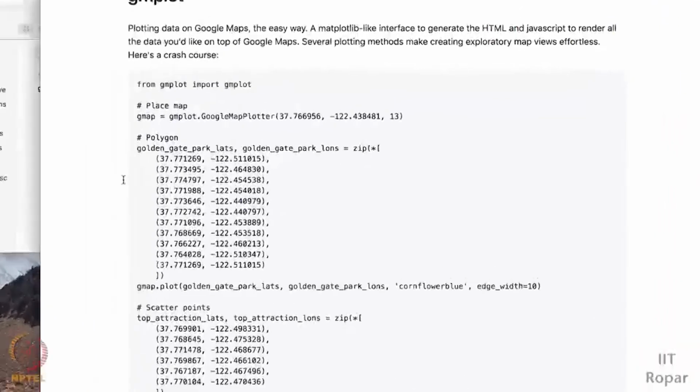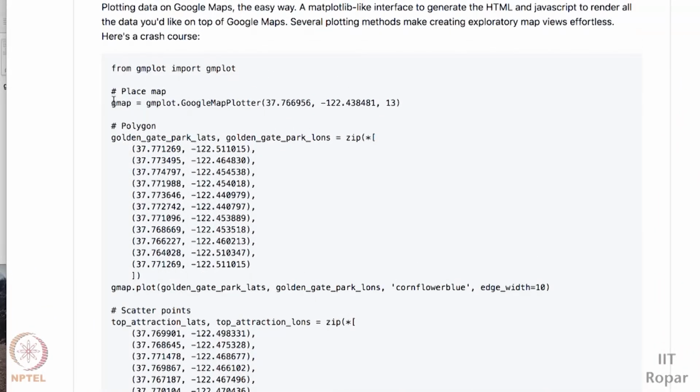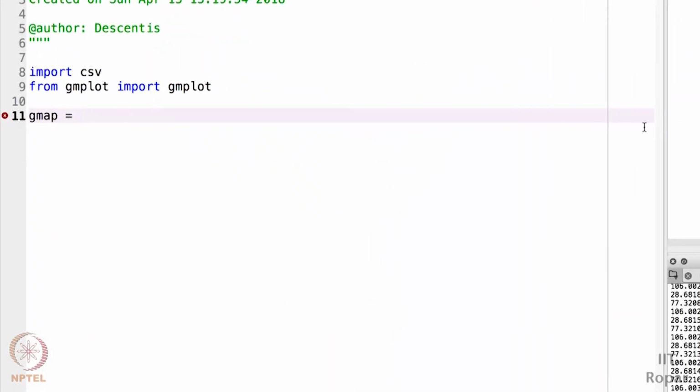You can see here also how to place your map at a particular coordinate, a location. If you want to place the map at a particular location, you need the latitude and longitude value of that location, and you can use the Google Map Plotter function of gmplot. So you will have to put the latitude, longitude, and the zoom resolution here. Exactly the same thing I'm going to do here.